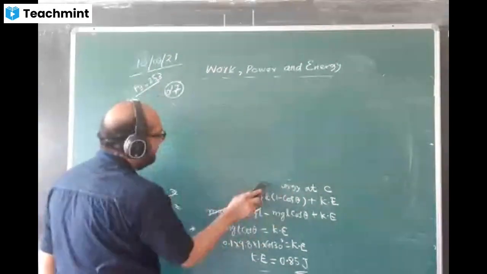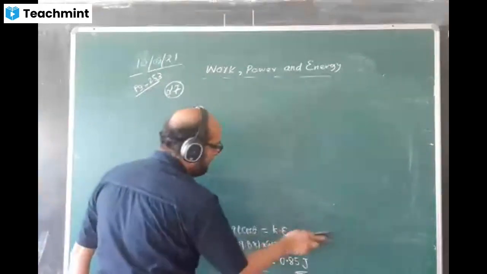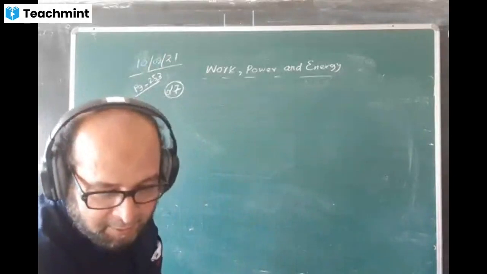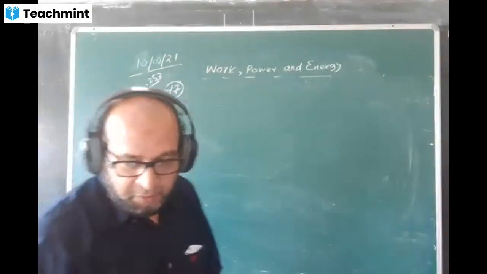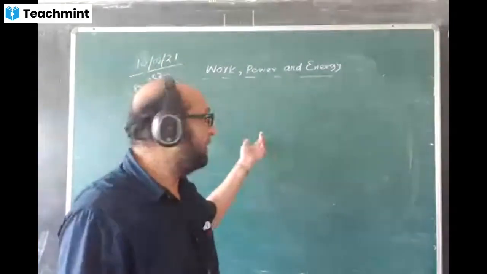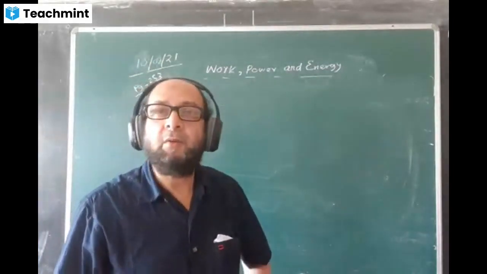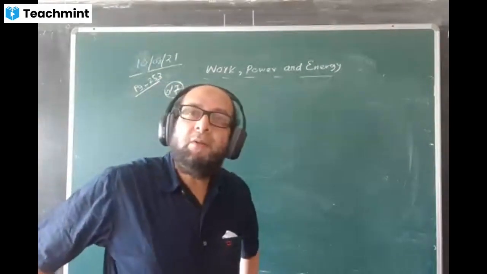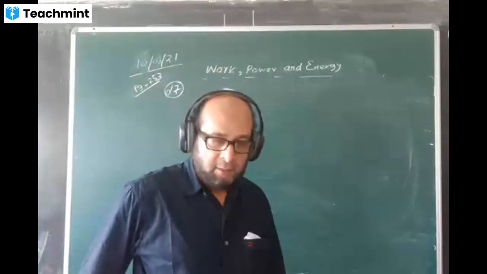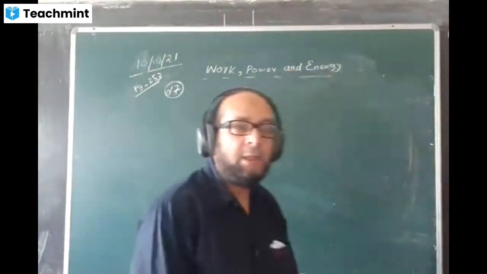Now, which number? Tell me. 20. Which number, boys? Number 20? Okay, number 20. Number 21 is this type only, the type which I did just now. I think you can do that one now, isn't it? 21 you will do yourself. Okay, boys? Yes, sir. So I'll do number 20. 20 is slightly conceptual, so I'll do that one.